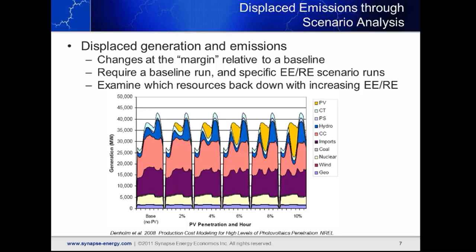Over on the far right, you see what happens if there is approximately 10% photovoltaic penetration throughout California. At the time that this model is being run, that PV displaces units, primarily gas-fired units, a couple of imported units, and a little bit of coal throughout the region. What we see is that it essentially digs out an area where generation is no longer called for from other locations. And what we want to do is calculate emissions from those displaced resources.